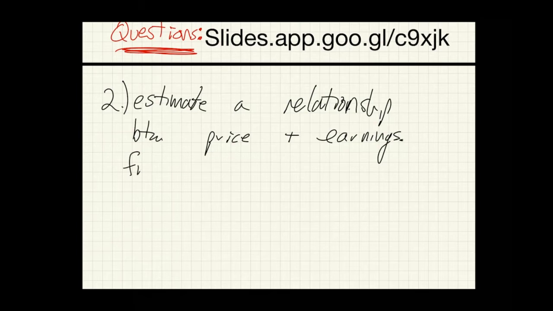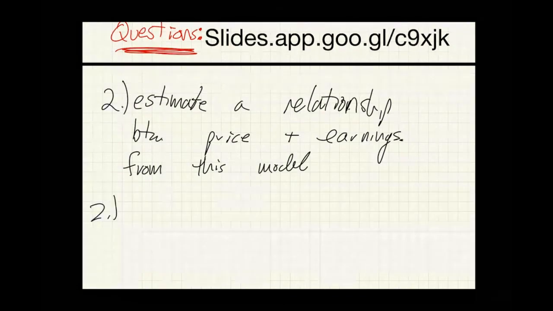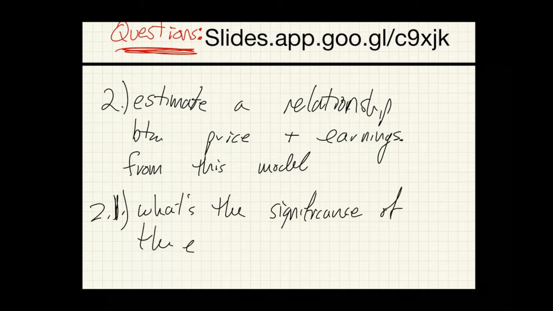And then I'll say from this model, and then maybe say 2.1, what's the significance of the effect of price on earnings?